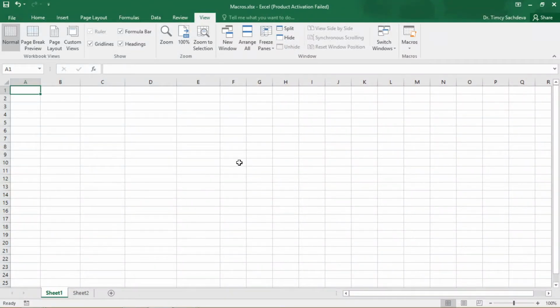Now when you look at Excel, there is a View tab on the top, and in the View tab you have Macros on the right hand side. If you click on that, you will find View Macros, Record Macro, and Use Relative References.